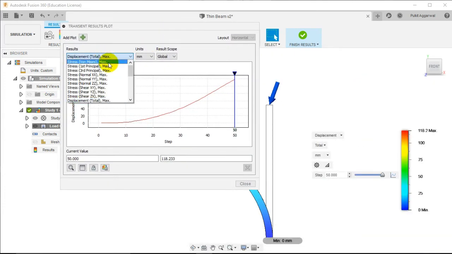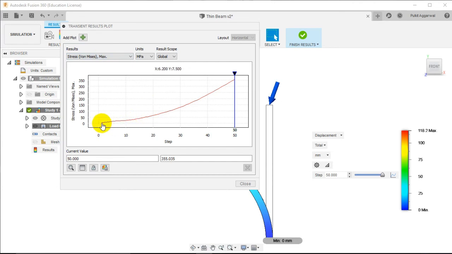When we look at the stress, we see that this is not a linear response. We have a small linear response for about 8 steps, and then we can see a change in the stress that is being applied. Looking through these values helps us better understand how the model is deforming and changing with time.